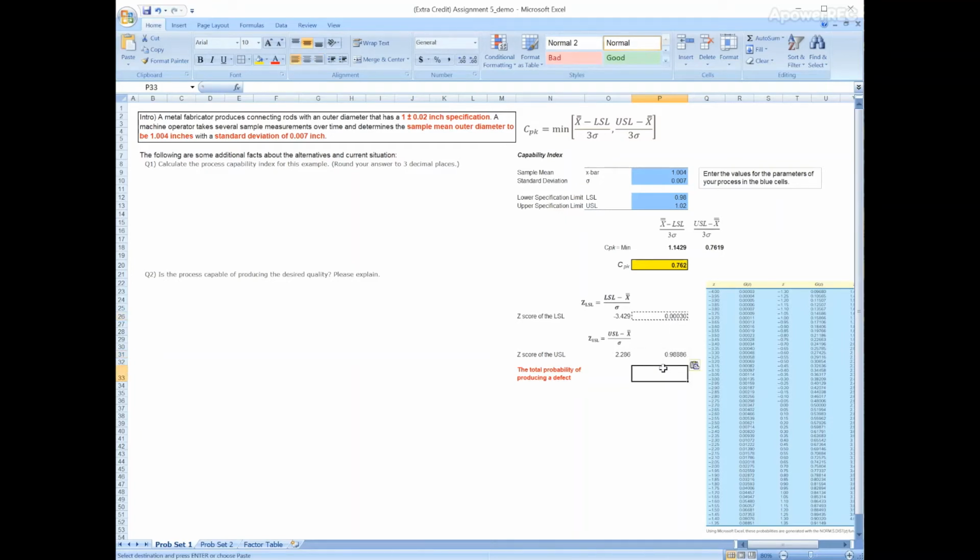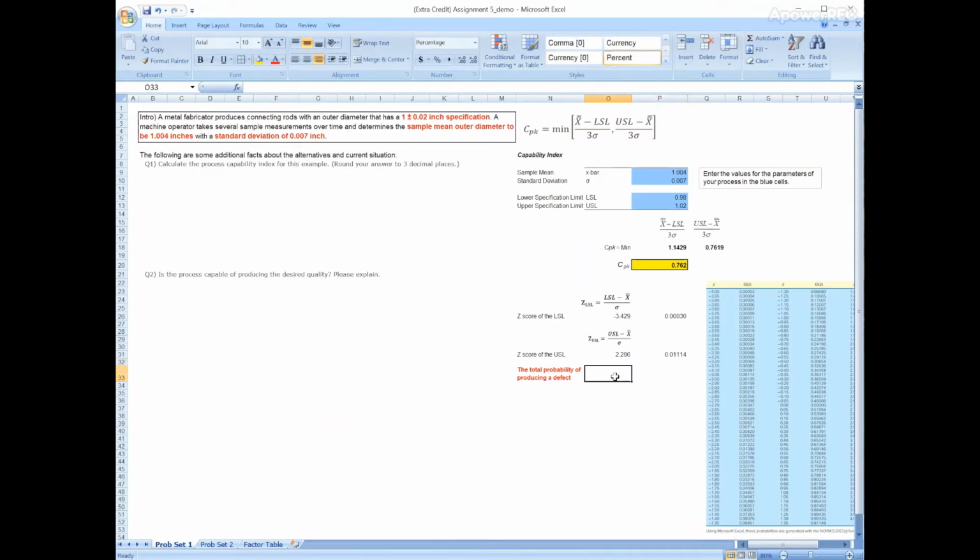which is 0.98886. The probability for the USL, 0.98886, is interpreted to mean that approximately 98.886% of the items produced will be below or within the upper specification limit. To determine the percentage of items produced expected to be outside the upper specification limit, the value for the USL, 0.98886, is subtracted from 1,